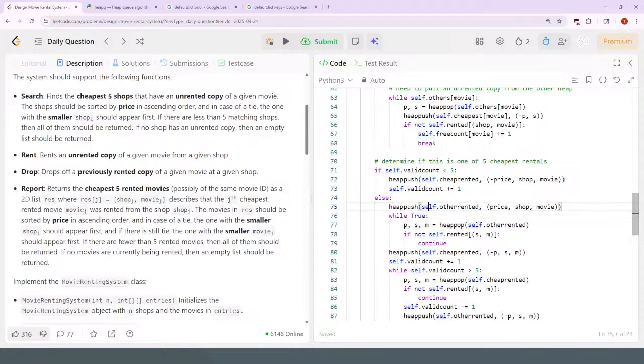So now you want to transfer at least 1 correct thing from the other heap to the cheapest heap. So while true,